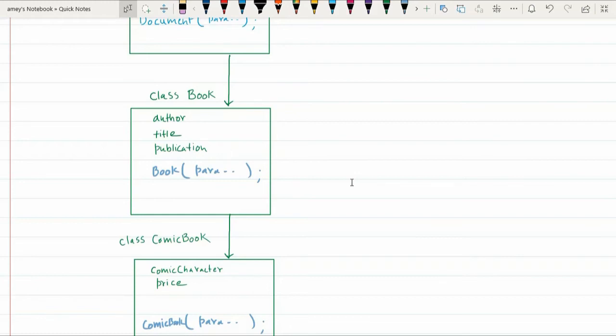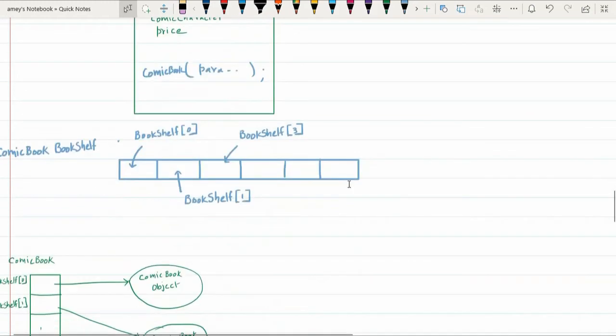A bookshelf that has comic books will have different comic books. So I am trying to represent it as an array of objects of type comic book, and bookshelf is the name given to that array.